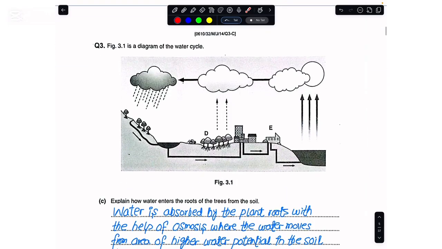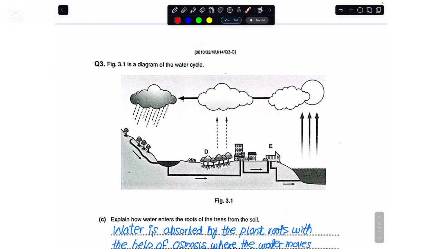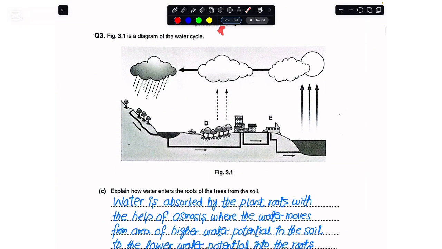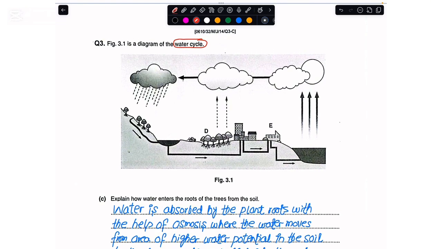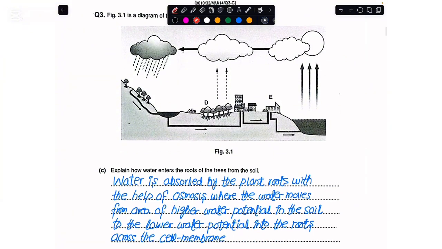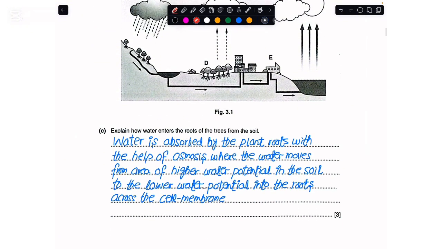So if we just move on toward question number three, and this came in your May June of 2014, and here they have shown you the water cycle. Here I must mention very clearly that the water cycle is no longer part of your syllabus, but the question which they have asked you here for a total of 3 marks, is that they want you to answer how the water enters the root of the trees from the soil,